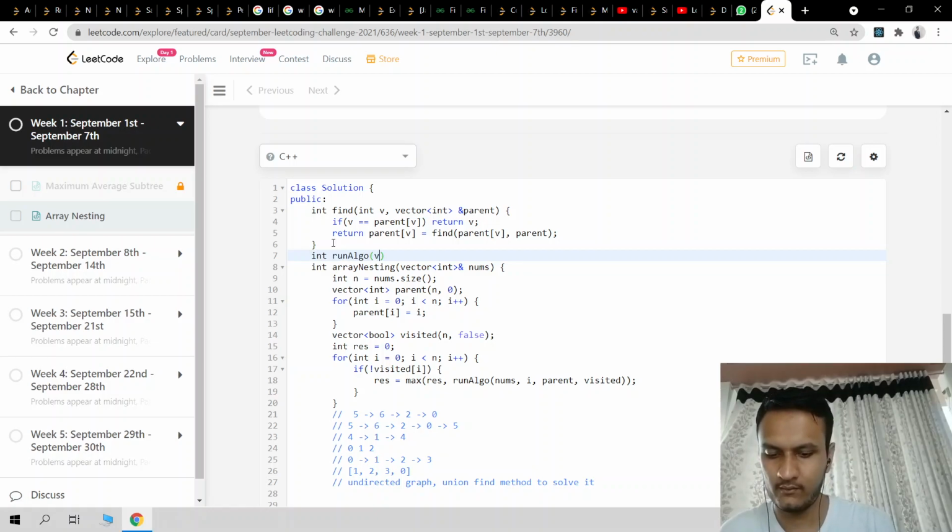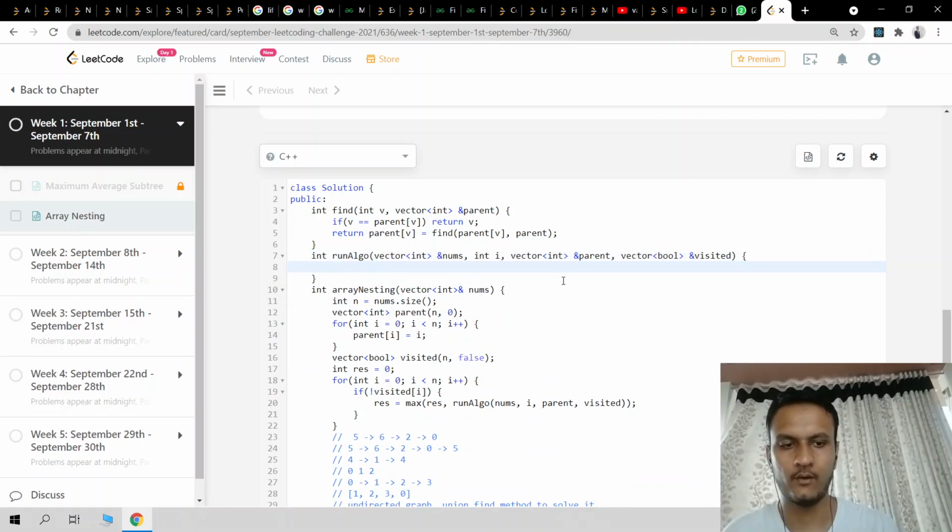It will take vector of int address of nums, then it will take our integer i, like starting point, and then it takes a vector of int address of parent and vector of bool address of visited.